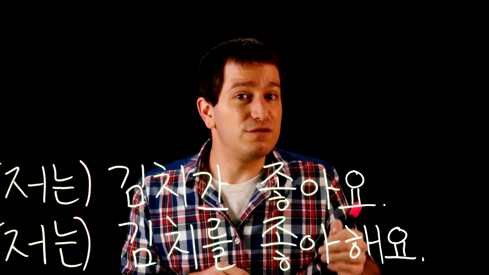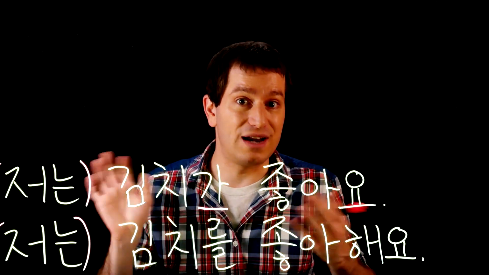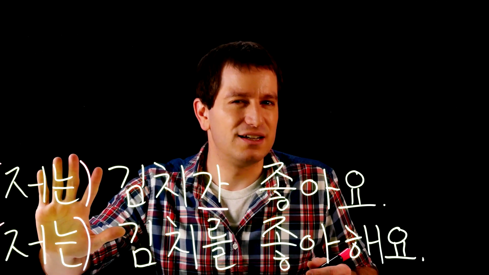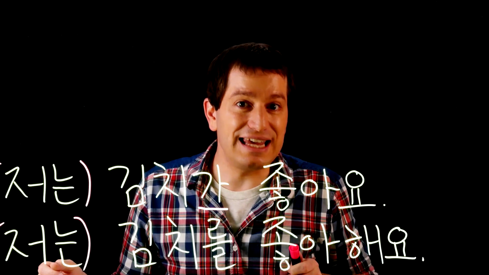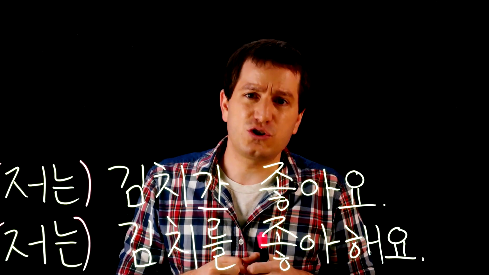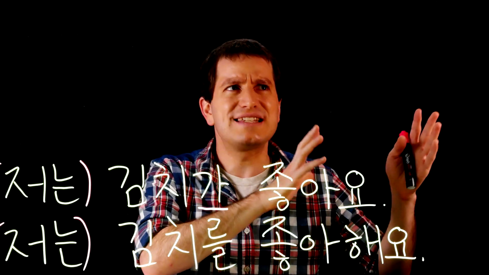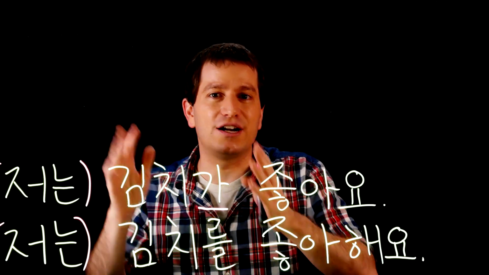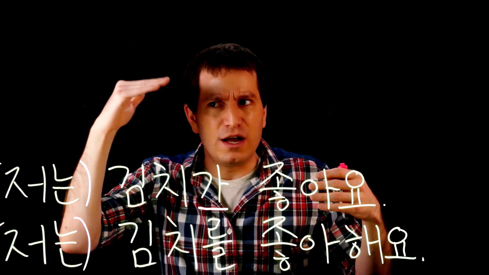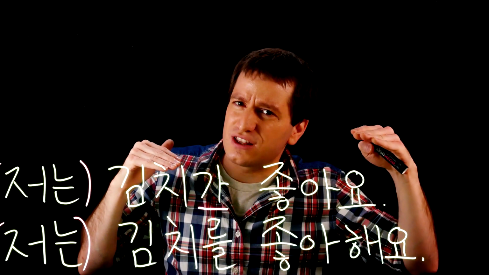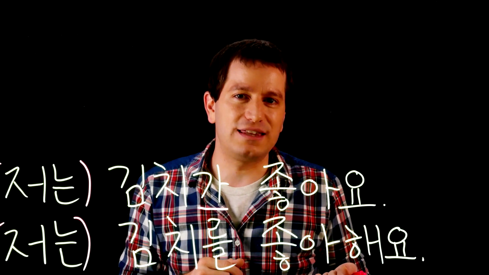So this is where I think the confusion comes from. When you don't use the 저는 in every sentence, as you're not supposed to, they look different. And people will see this sentence translated as I like kimchi. And then they'll think that 좋다 or 좋아요 means to like something. Well, 좋아요 means I like it, so I should use the object marker here. And they mistakenly combine accurate information that they get now with old inaccurate information that they had before from learning about 좋아요. That's just my idea for why they make this mistake.